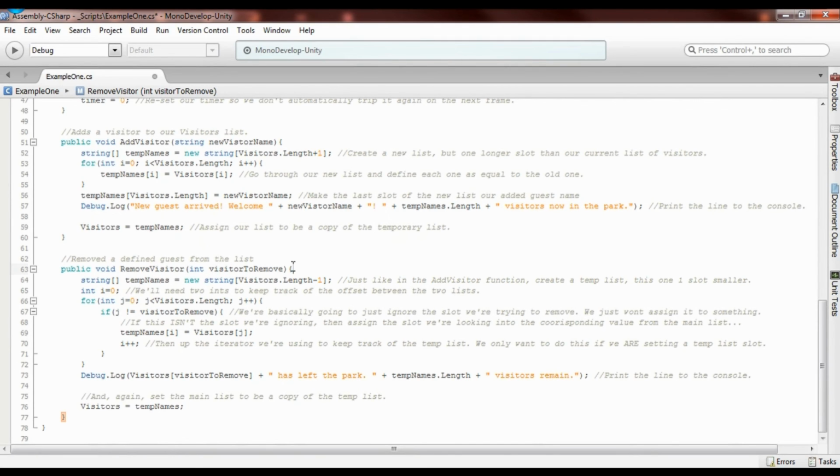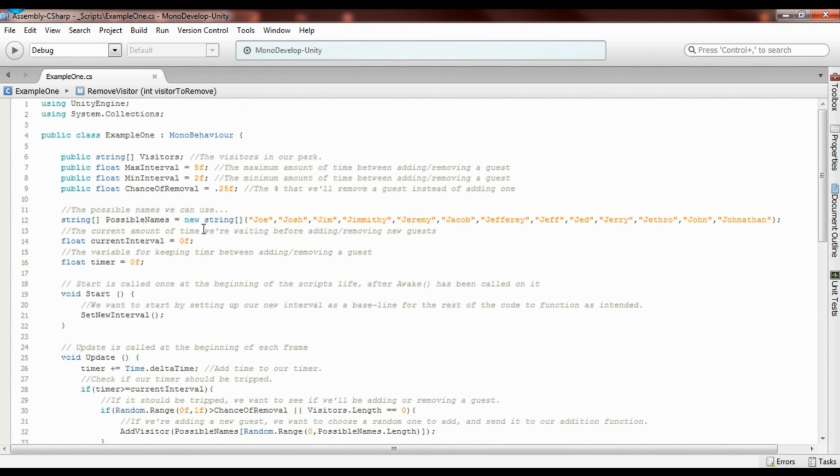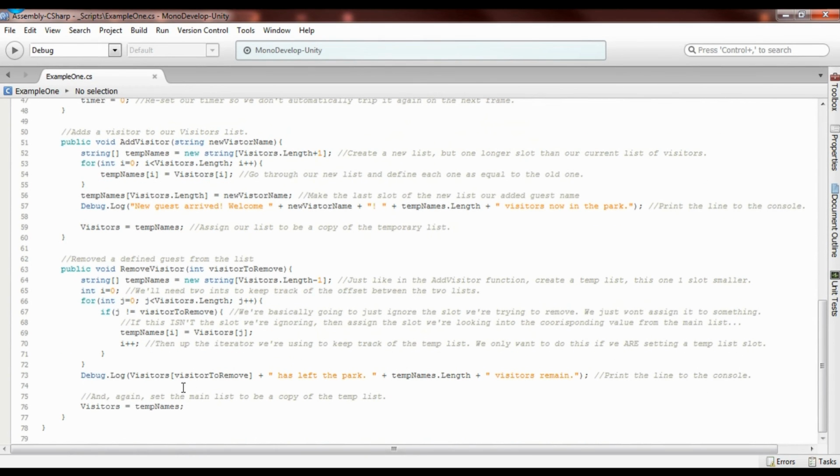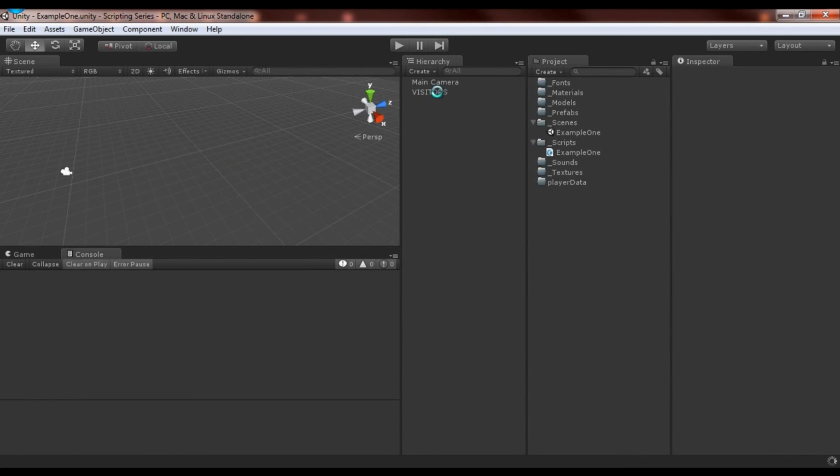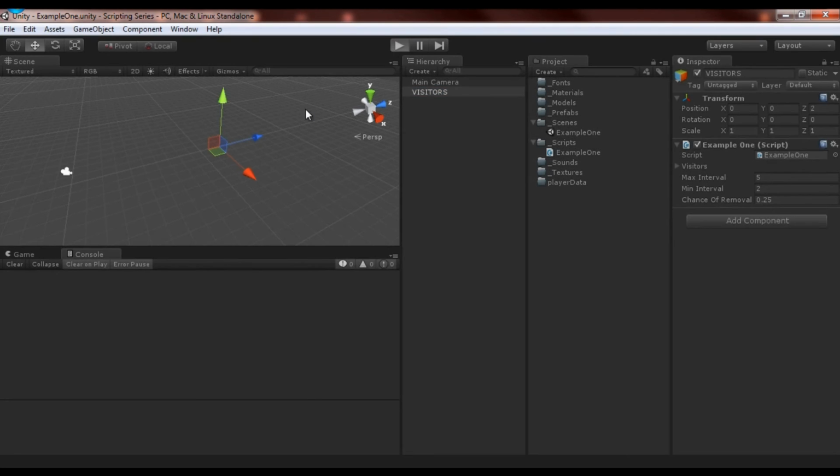And if we want to remove somebody, what we want to do is create a new list that doesn't contain the guy we want to remove, and then make that new list our current list. So I hope that makes some sort of sense. And again, all of this is pretty well commented, I think. I'm usually pretty bad about commenting my code, I admit, but I think I did a pretty good job on this. And if you guys want to see it in action, I have it attached, and I will hit play